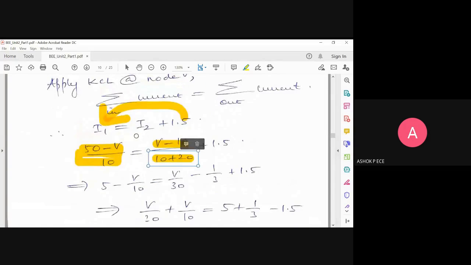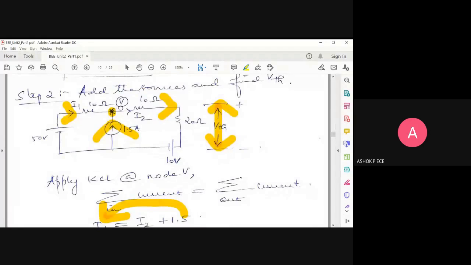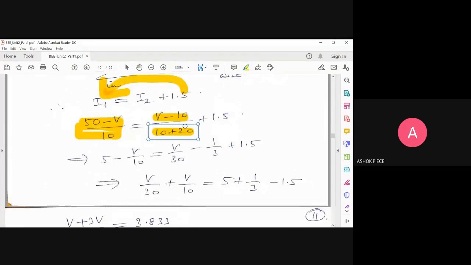So when you write the current equation on the path, analyze what all components the current is going through. How many resistances are there? One resistor means no issues. If you have two resistors, definitely they will be in series. You have to add the value of both. So at this point, students will make mistakes. So please be very careful while writing the series combination.